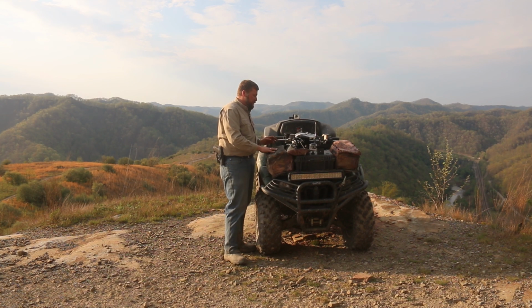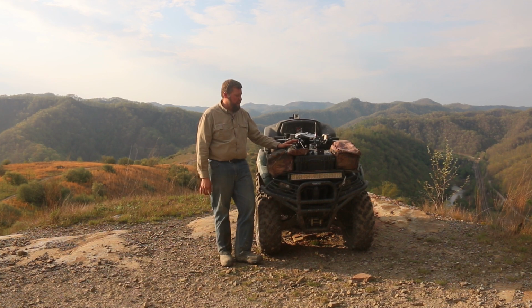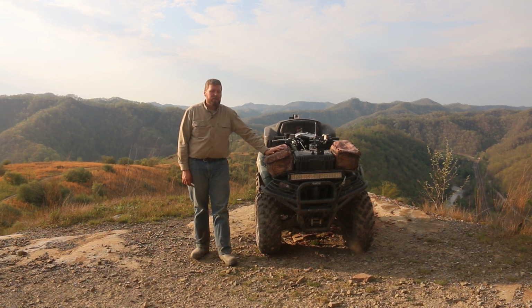So this is my fuel container, and this adds a lot of weight to the front. And so having an extra bit of weight on the front makes climbing a good bit easier for me. One of my nightmare scenarios is to flip backwards, and I don't like to do that. And so with weight on the front, I suffer on the downhill, but I have really good success at uphill